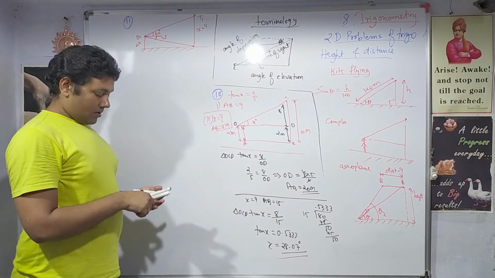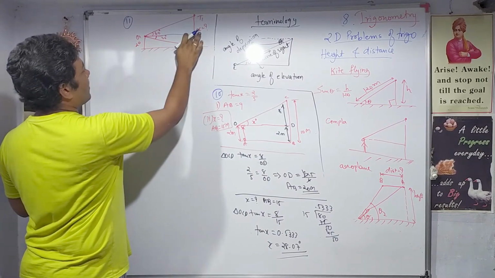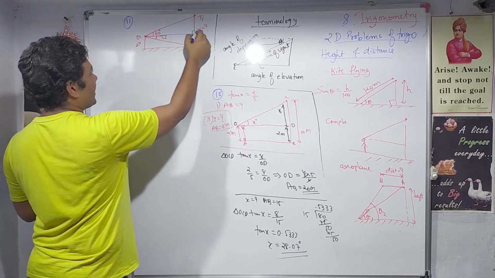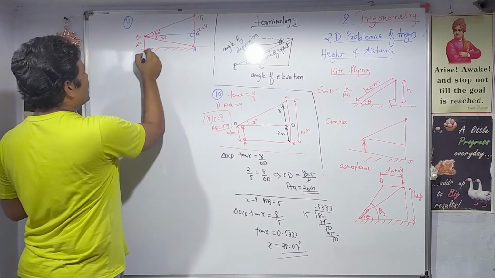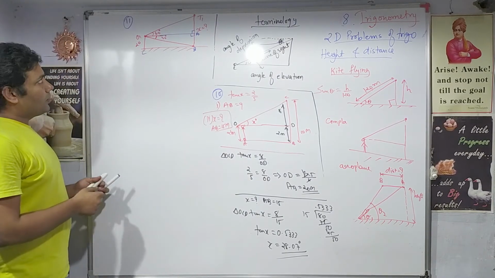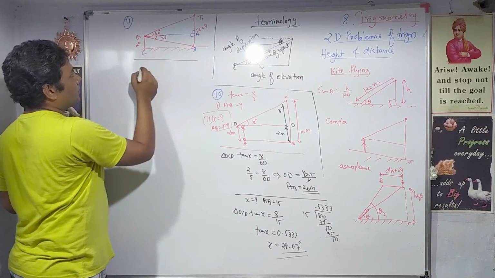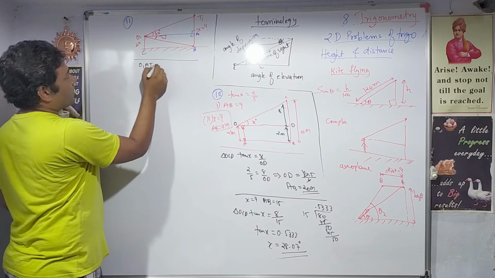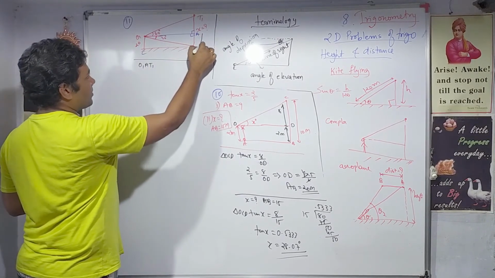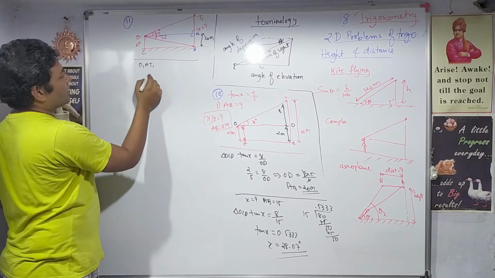Again, you can see the triangles, right? If I complete, this becomes a complete two triangles. Right, 90 degree, 90 degree. If I name them A, B, C, right? So I have to find out the height of the tower. Let me use the two triangles. First I will use this triangle O1, A, T1. In this triangle, this height is 20 meters, so this height will also be 20 meters, right? So if I use tan 60